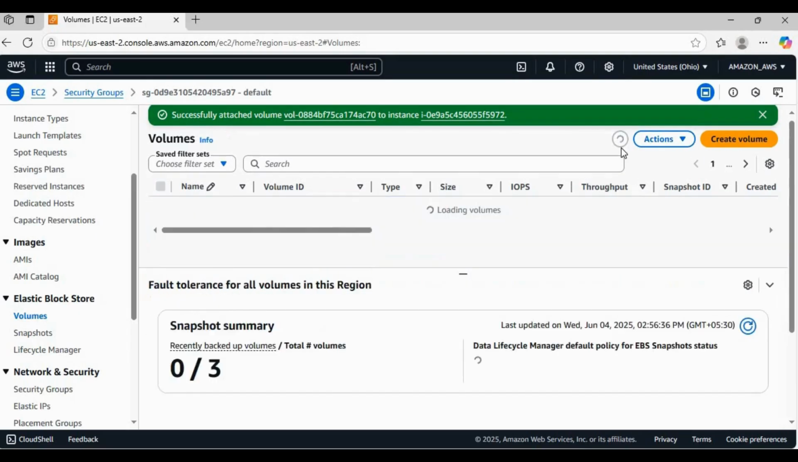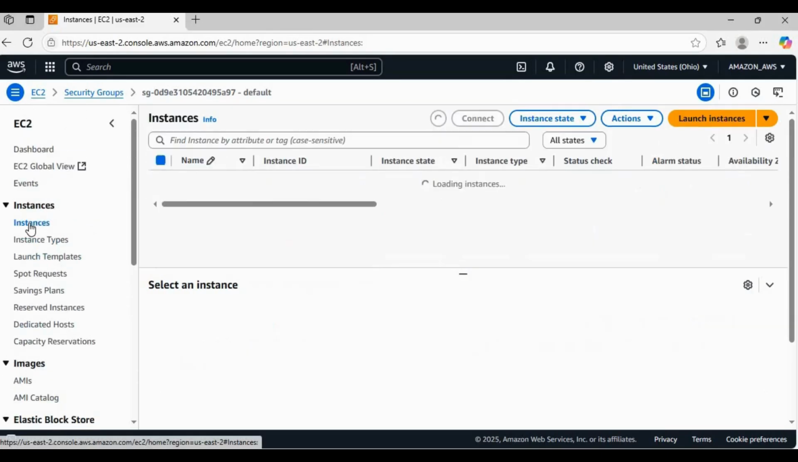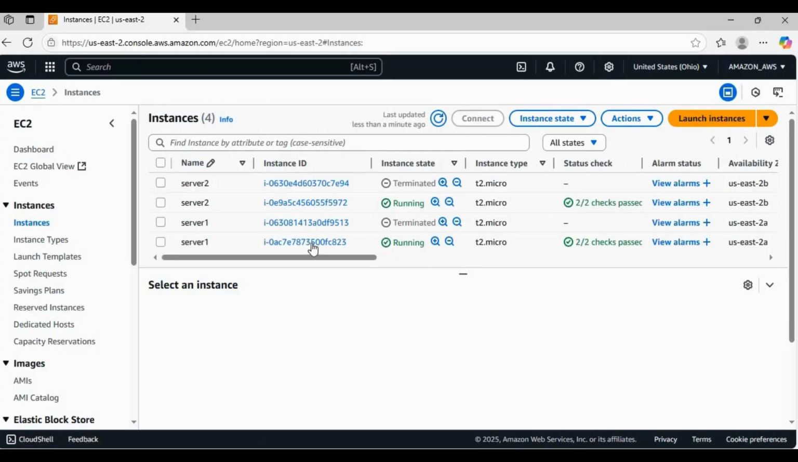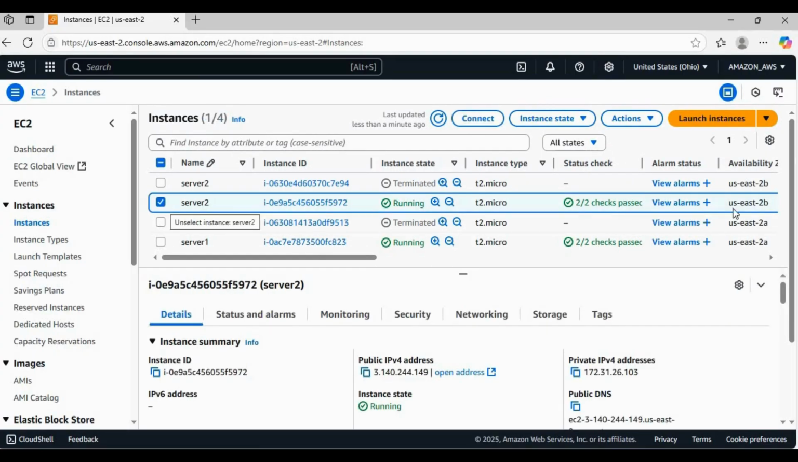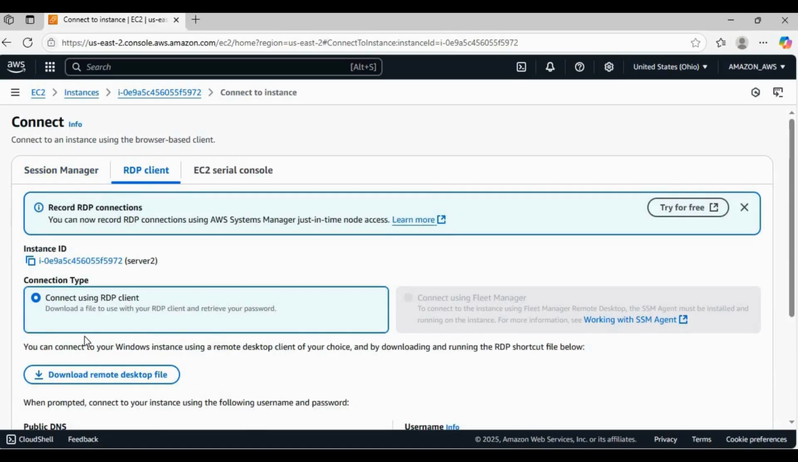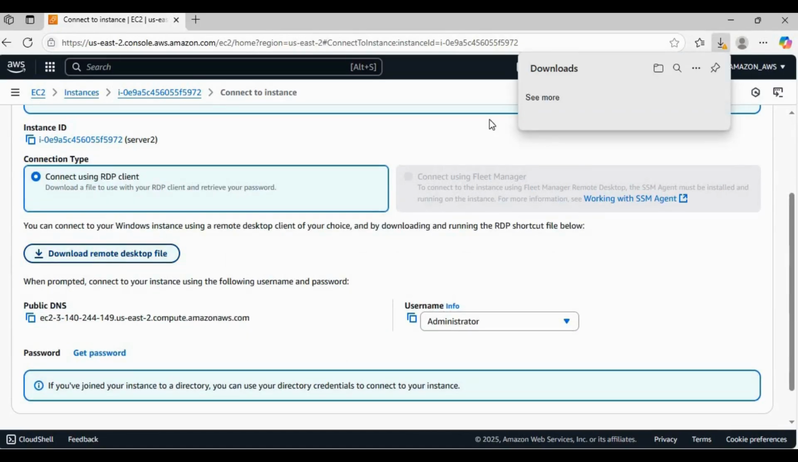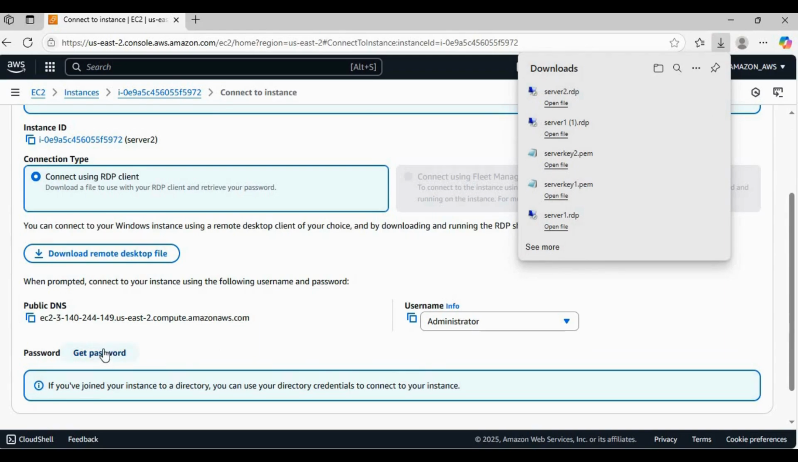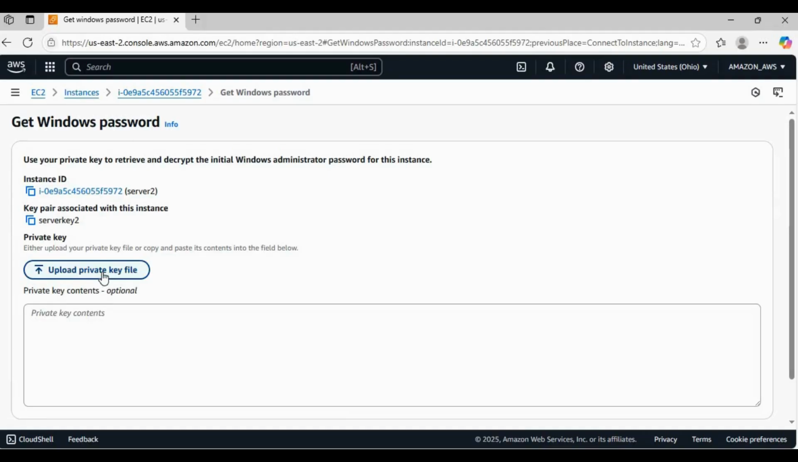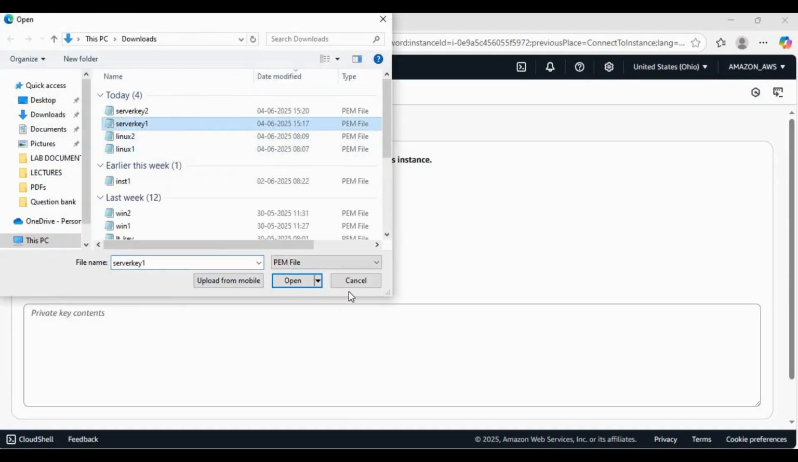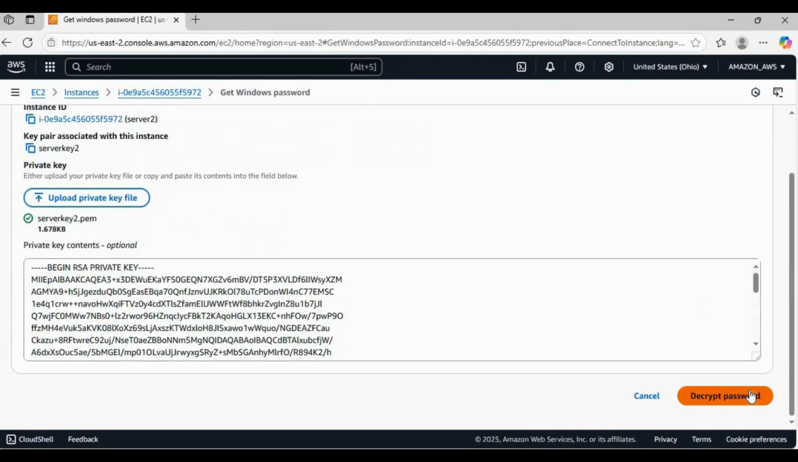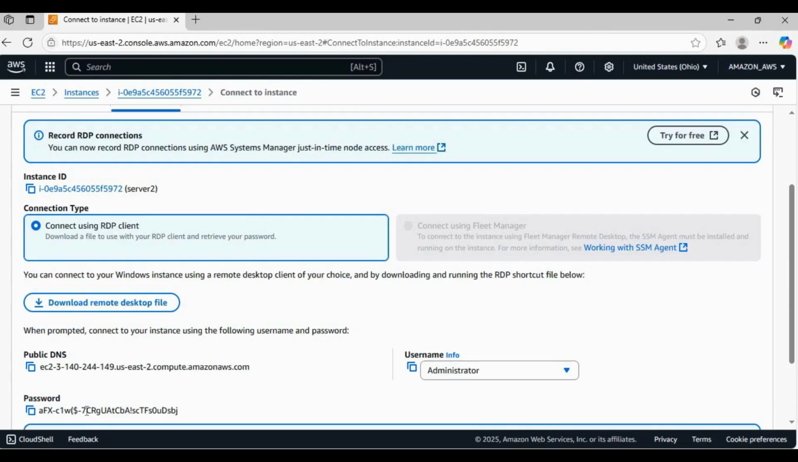Select the volume, refresh the page. Now go to the instances. Select the second server, connect to the server, download the remote desktop file. So we're gonna be performing the same set of operations here. So upload the private key, the server 2's key, decrypt the password, copy the password, go to downloads,